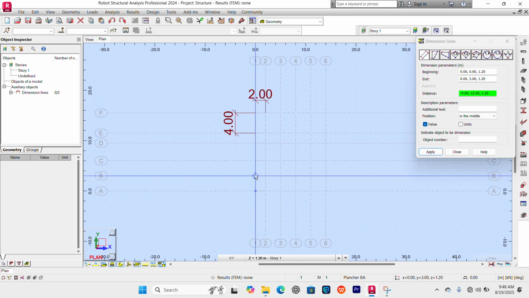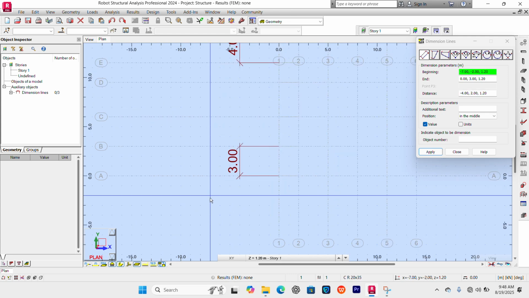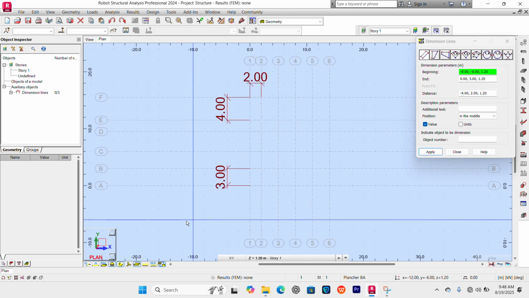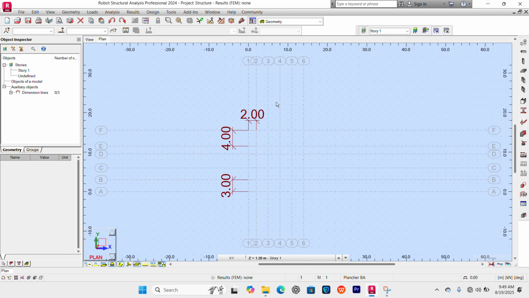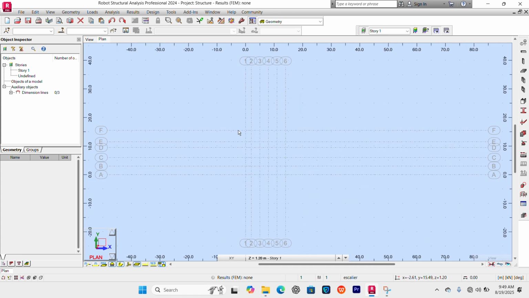If you want to check the 3 meter, what usually happens is that when you enter your y component, you will usually start from bottom to up. That's why, if you remember, we entered 3 for the first y component, so we started from down and going up. Now you can close. There are various options for the measuring tool. So you can close, then you select all the dimensions and you can delete them by pressing delete on your keyboard.